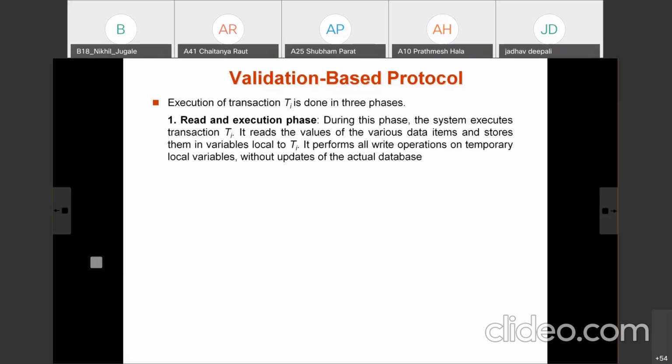During this phase, the system executes transaction Ti. First, it reads the values of various data items, stores them in variables local to Ti, and it performs all write operations on temporary local variables, without updates to the database. Means what? In this read phase,